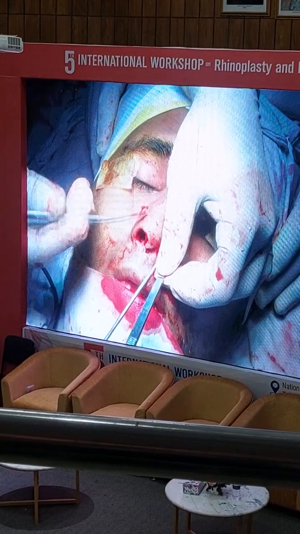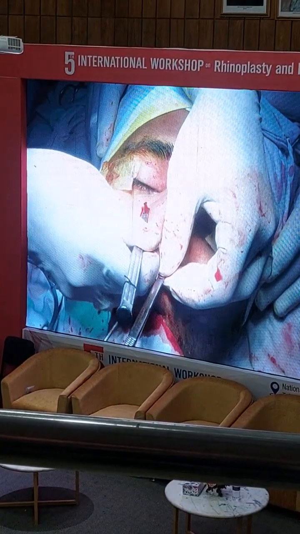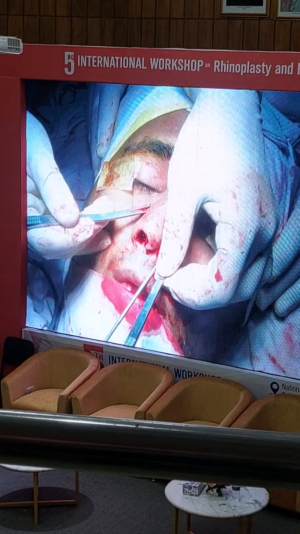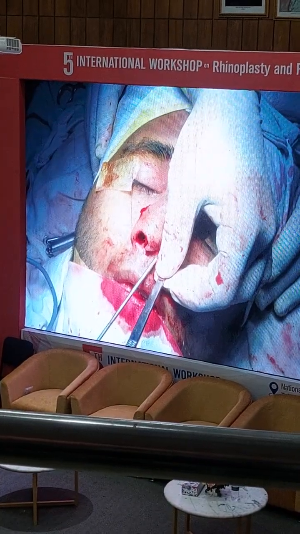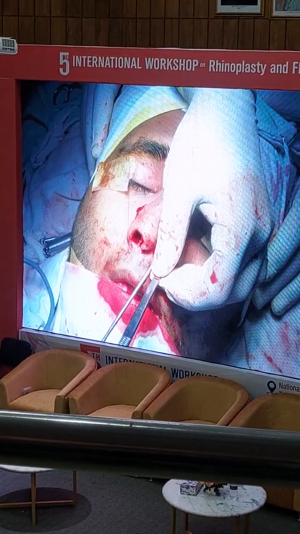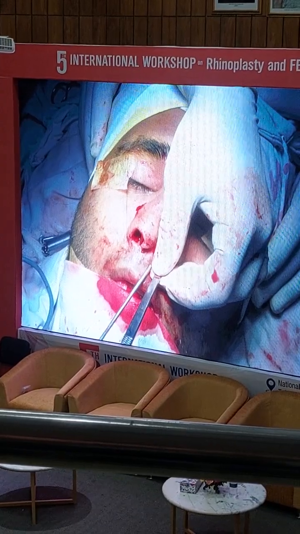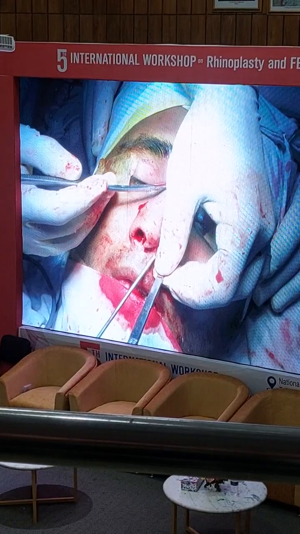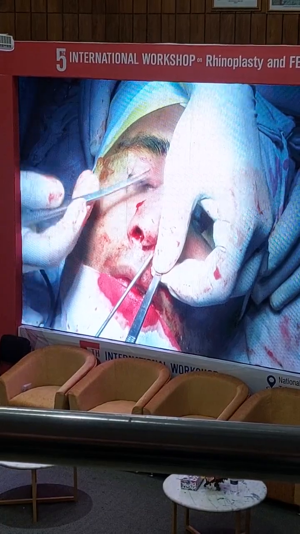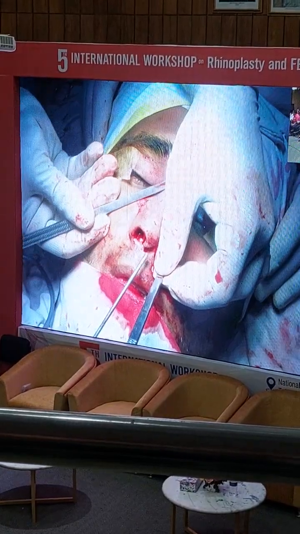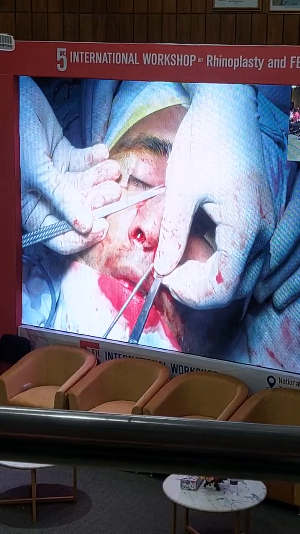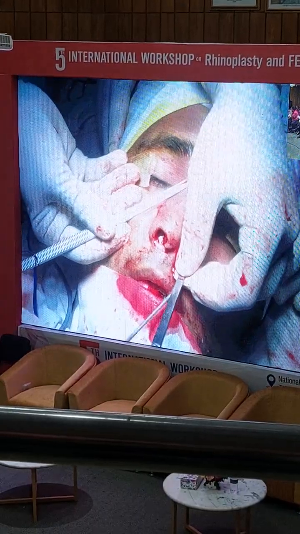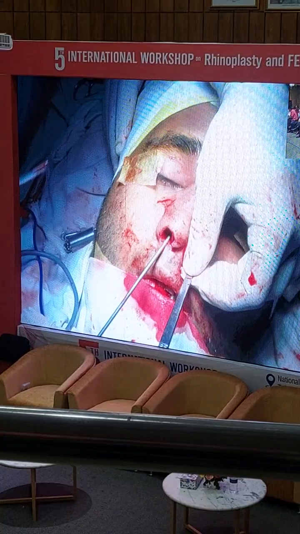You can preserve this part because we engage now like this and gradually come down. So we can preserve this trapezius triangle part. Then you can prevent the unnecessary bleeding problem. Then another important thing, he also suggests once you reach the level of the medial canthus, you change your direction superior-oblique like this. So you don't enter the thick part of the nasal bone and you can prevent the broken deformation.